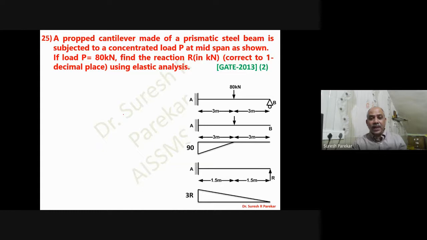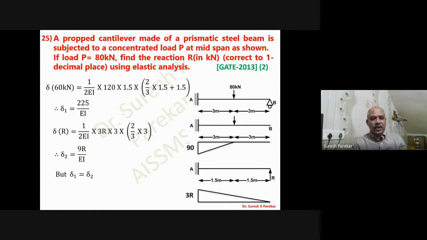Propped cantilever, so we have it in this way, just as we have seen. Actually this is from elastic analysis, and therefore deflection has been considered over here, and from this we get the value of R as 25. Here we can use that value, that is equal to 5W by 16 also. This problem is actually from elastic analysis, but that was not taken there, and therefore it was taken in this way. So upon 60, you will get this value as 25 kilonewton instead of going through all this.